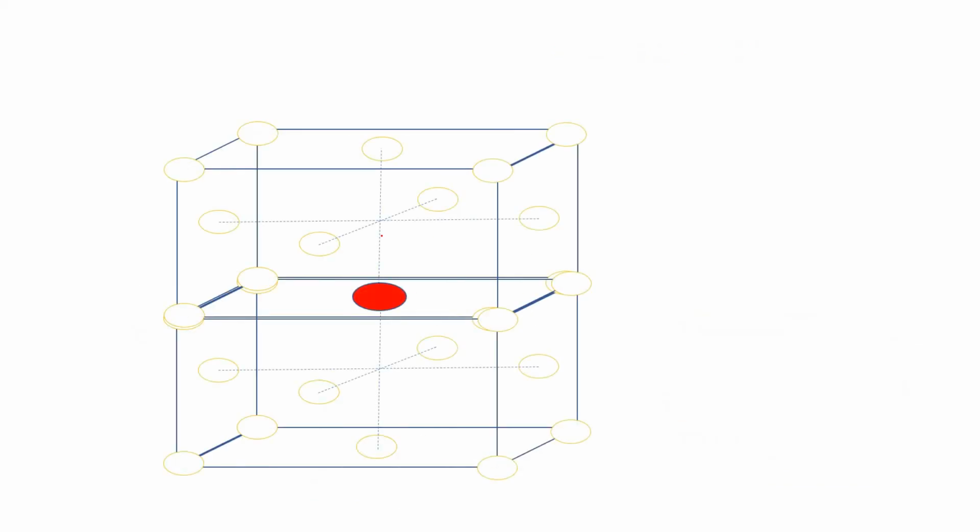Now you observe here, this is the atom I have taken. This is one of the face centers I have taken, so the top face. This is just for this unit cell. For this unit cell, this is the top face center. Now, the top face center can be shared with how many unit cells here? The top face can share with the one below, for the below unit cell it can share, and above also it can share.